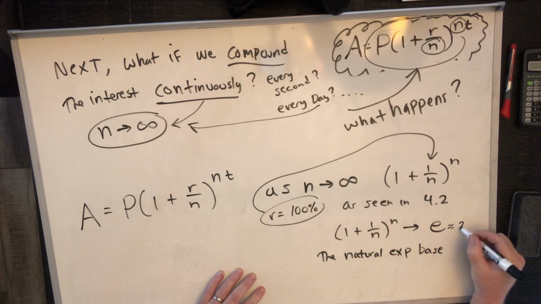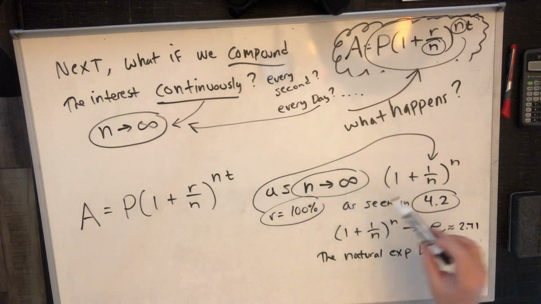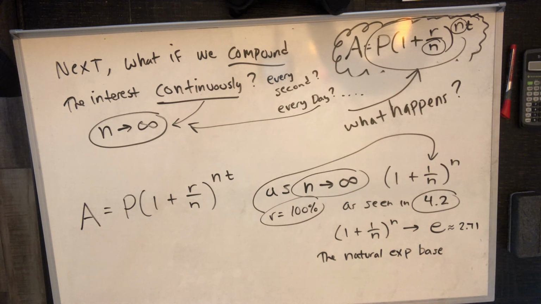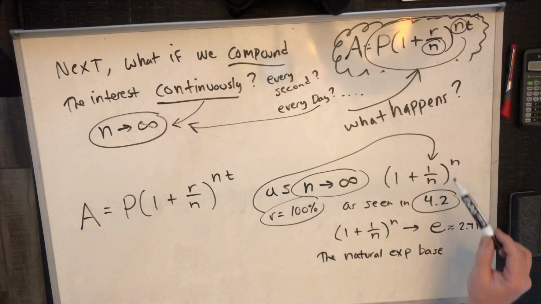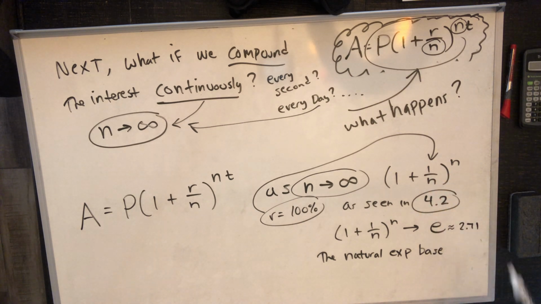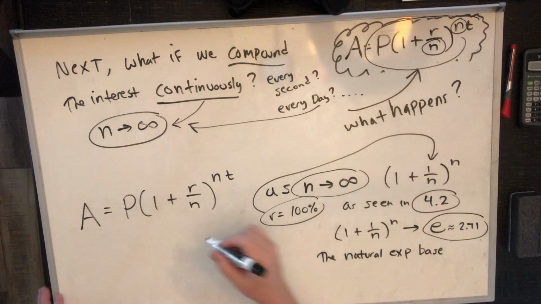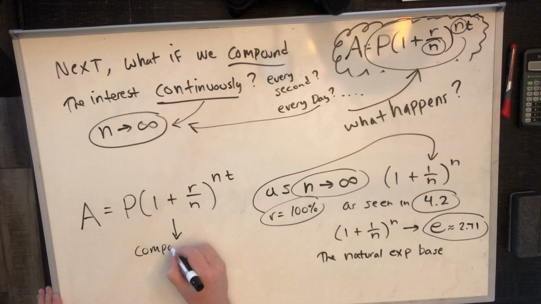Remember, e is approximately 2.71. I will spare you the details. You can see your notes from 4.2 if you need a refresher on how we evaluated the exponential function for a very, very large number. You might remember, about 3 weeks ago, we plugged in 1,000,000, and then 1,000,000,000 and 1,000,000,000,000 and so on and so forth until we finally settled on this natural exponential base of 2.71. So what happens is as you compound continuously,